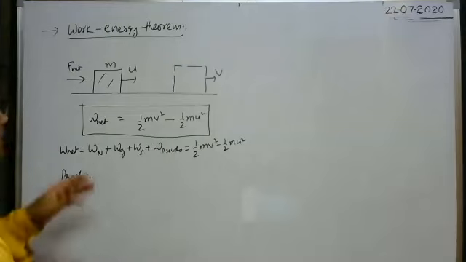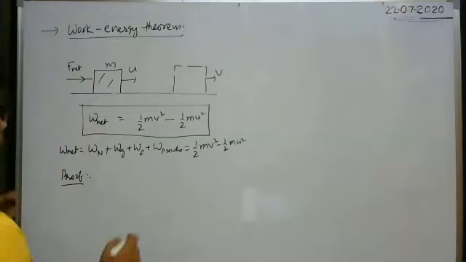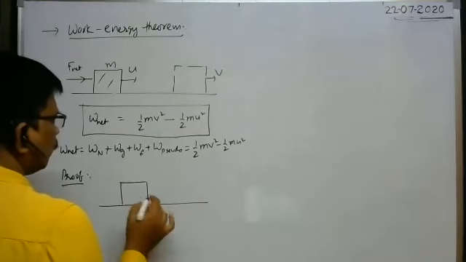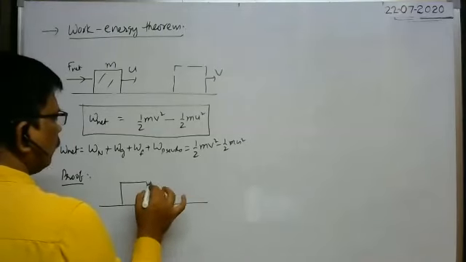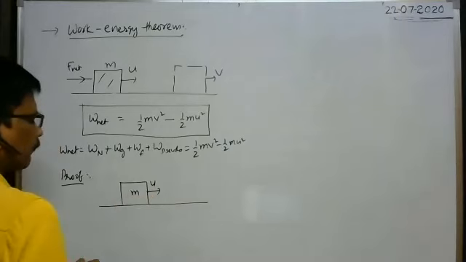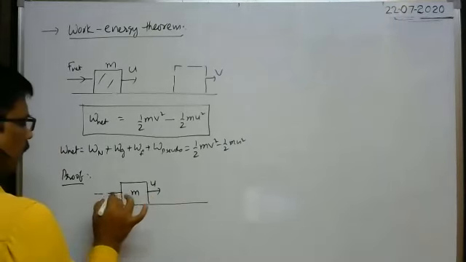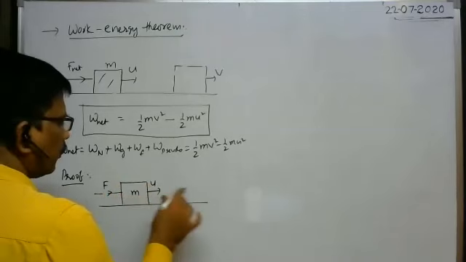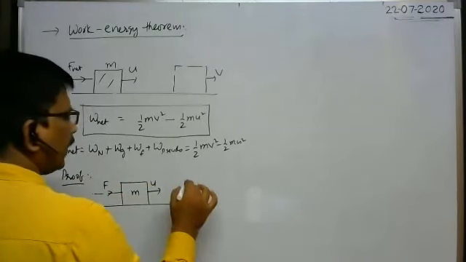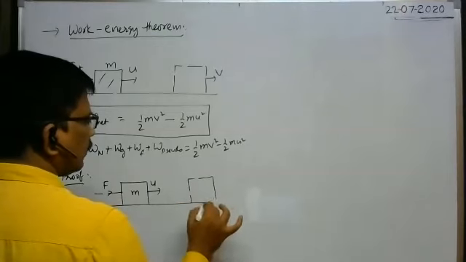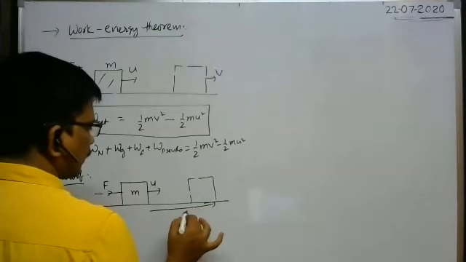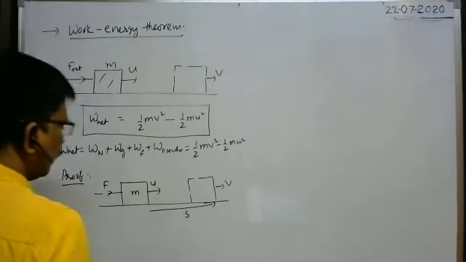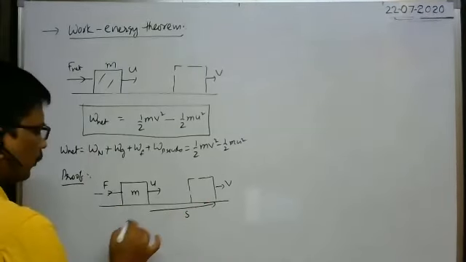Initially, the body travels with a velocity u in the forward direction. The mass of the body is m. Suppose a net force F is applied on the body along the direction of its motion. Then after it has traveled some distance, the velocity of the body becomes v. Then what is the work done by this force on the body?